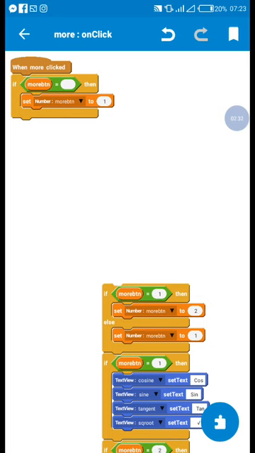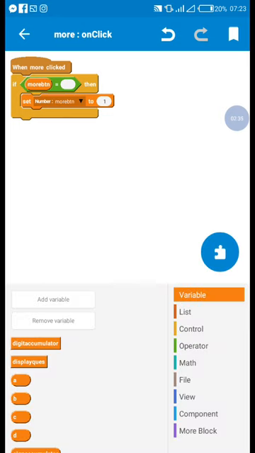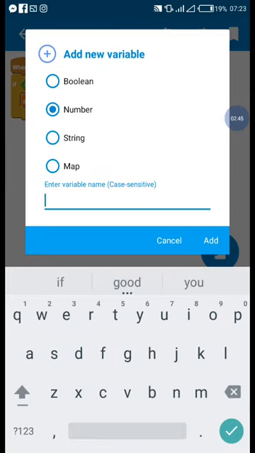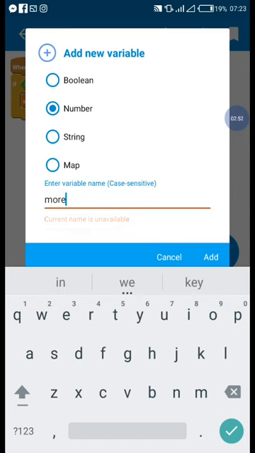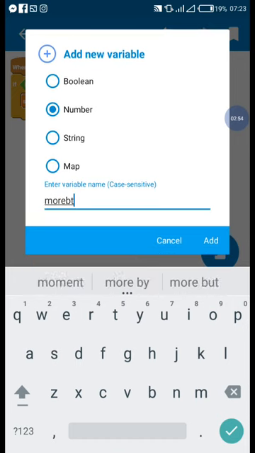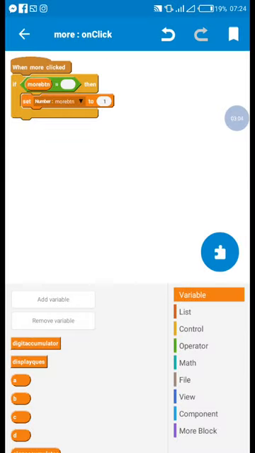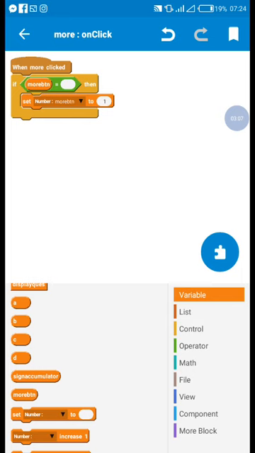To set that up, the first thing we need is to create our more button. We've not created it earlier in the last class. The more button is a number variable, so you click number. When you've clicked number, then you set the name to more button, btn. Because I've saved it as more button, initially it won't allow me to save it, but in your own case, you add. The moment you press add, you have it displayed here. Now that we have a more button,